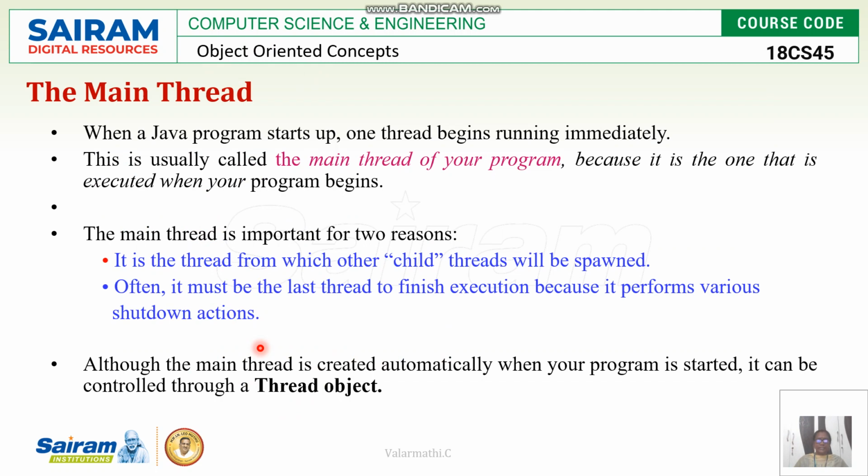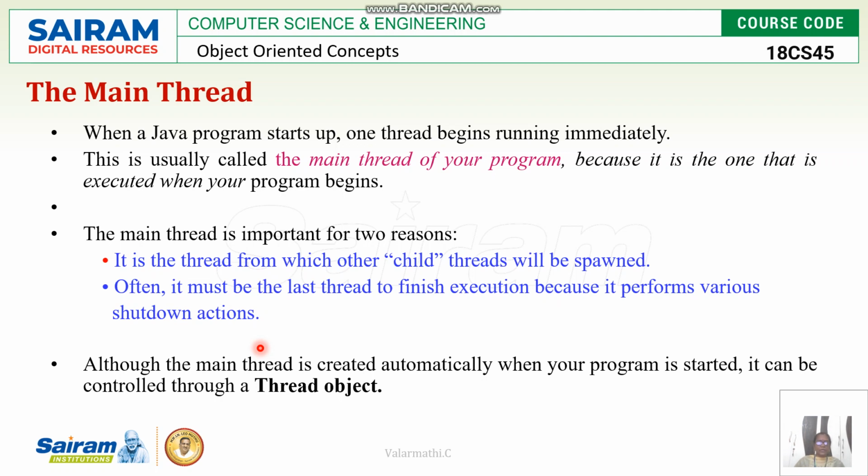The Java main thread. Actually, Java starts with one main class, which should extend the Thread class, or it can implement the Runnable interface. So these are the two ways of creating a thread in Java. I will repeat once again here. If a class is extending the Thread class, that is one way of using the Thread class. Or if a class is implementing a Runnable interface, that is also another way of using the Thread class.